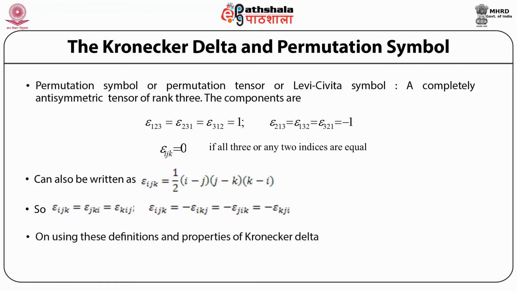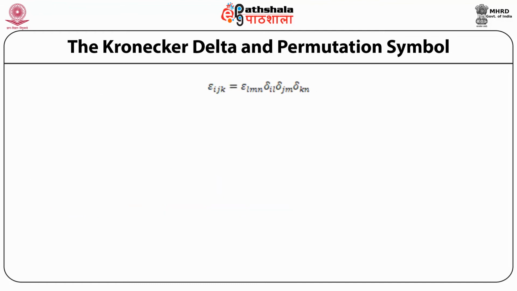On using these definitions and properties of Kronecker delta, epsilon ijk equals epsilon lmn del il del jm del kn equals del i1 into (del j2 del k3 minus del j3 del k2) minus del i2 into (del j1 del k3 minus del j3 del k1) plus del i3 into (del j1 del k2 minus del j2